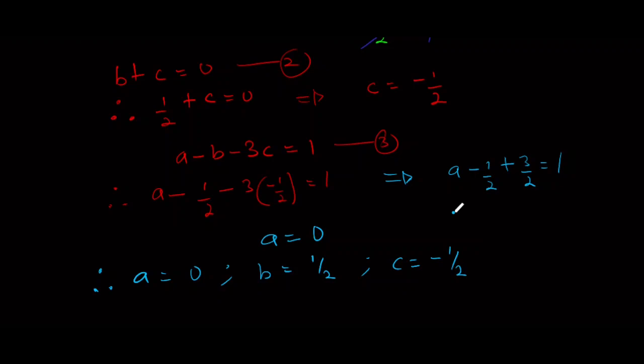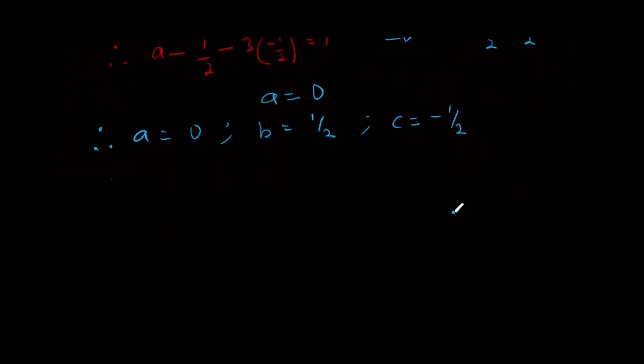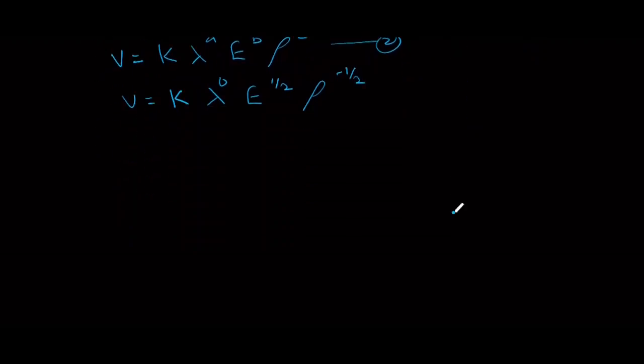Since we have gotten the powers involved, now we can substitute them into the original equation that we have transformed. The original equation says that we have v is equals to k, wavelength raised power a, Young's modulus raised power b, then density raised power c. Then we are going to have v equals to k, our wavelength, which its own power is a, is 0. Then the Young's modulus b is 1 over 2, while the density, its own power is minus 1 over 2. So when we try to simplify this, we are going to have v equals to k. Wavelength raised power 0 will give us 1. We are left with E raised power,